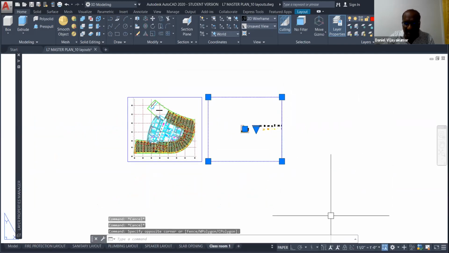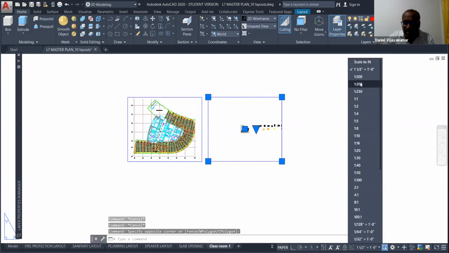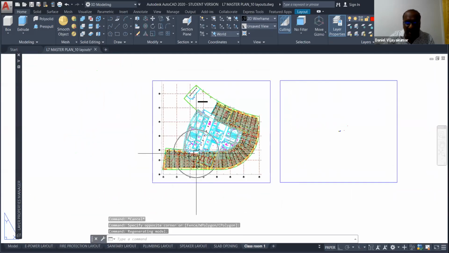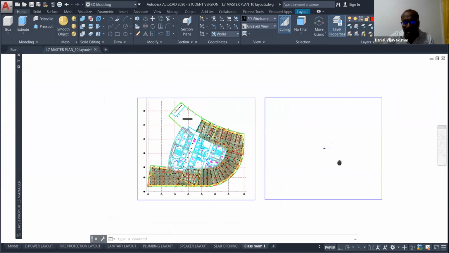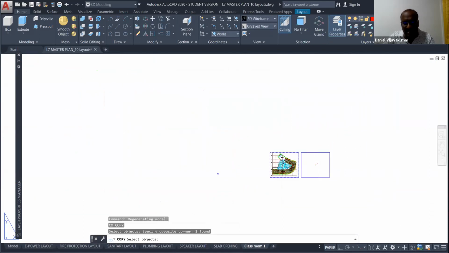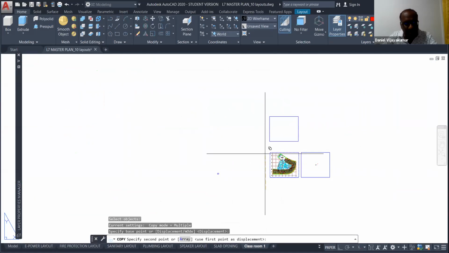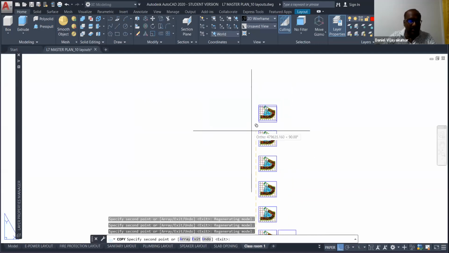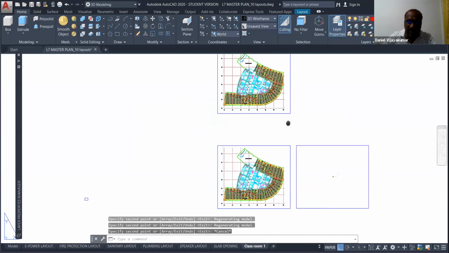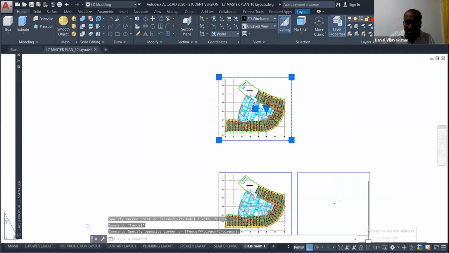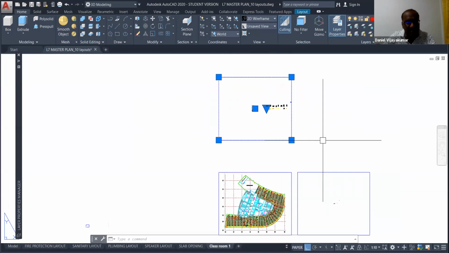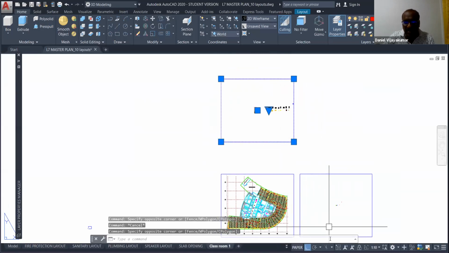Now you can assign another scale, 1:500. See, this is 1:1. This is 1:500. I show you some different scales, then it could help you to understand well. Okay. See, this is 1:1. I select the object and bring it here, 1:10. Oh, 1:10 is also very small. Okay, maybe I can choose